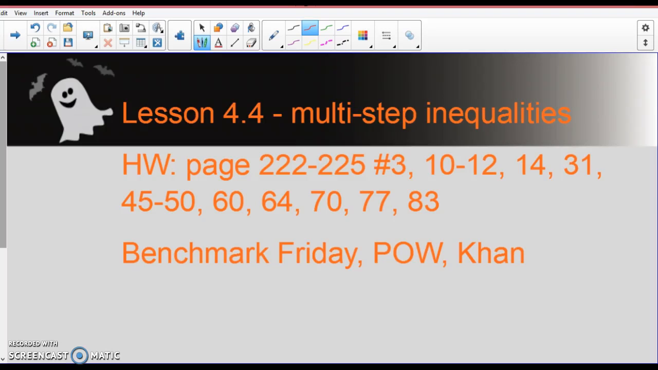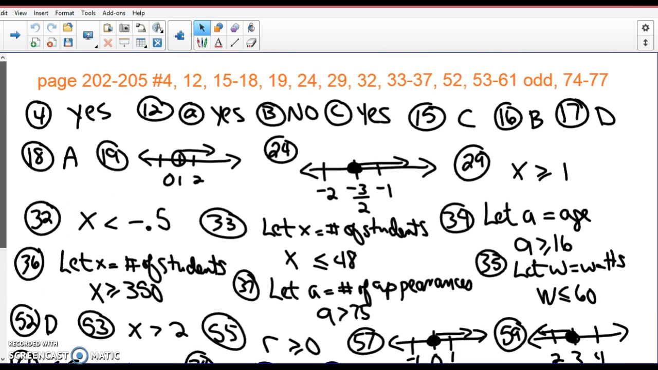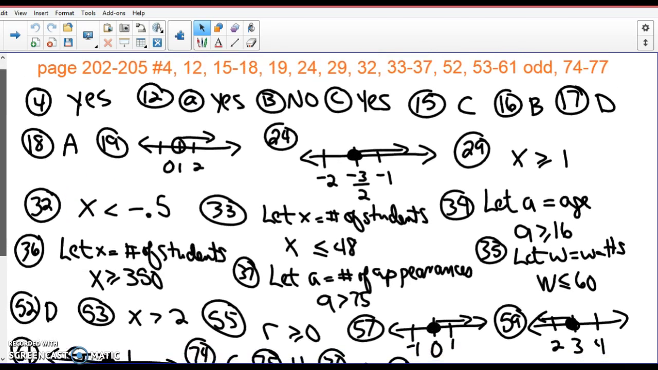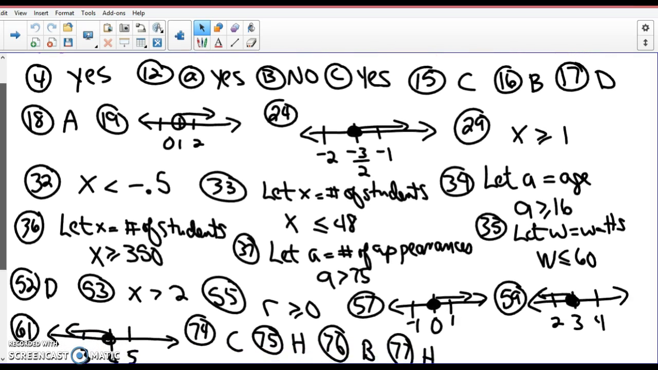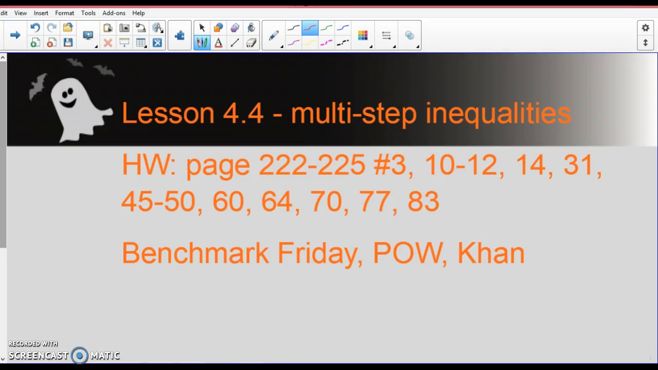6.4, solving multi-step inequalities. Here's the homework that goes with it. This is the homework from page 202 to 205. Press pause and check that. Then,